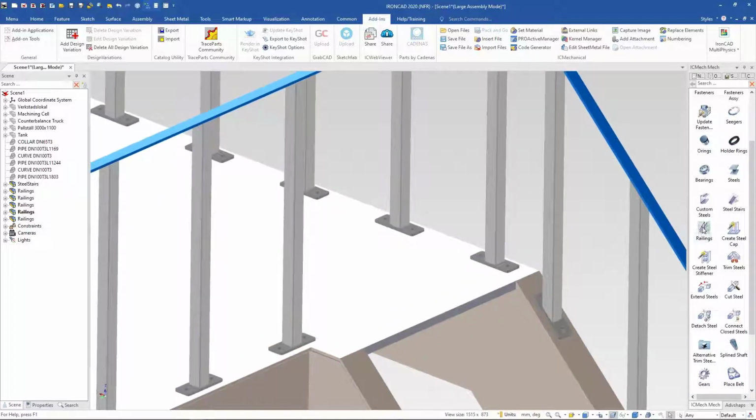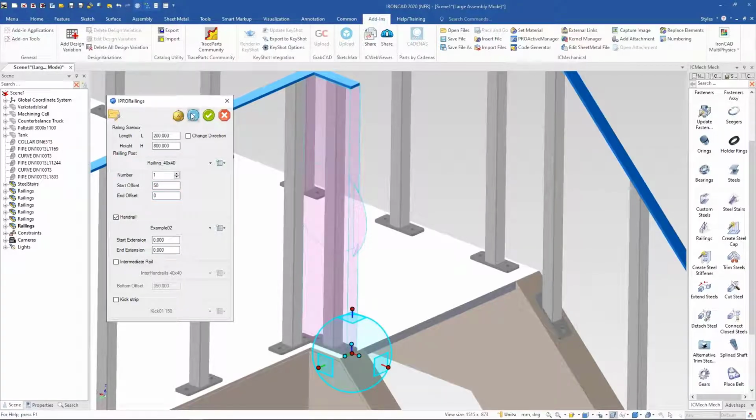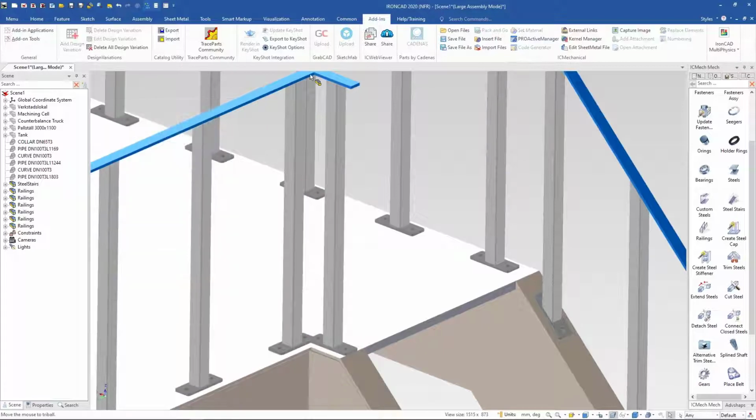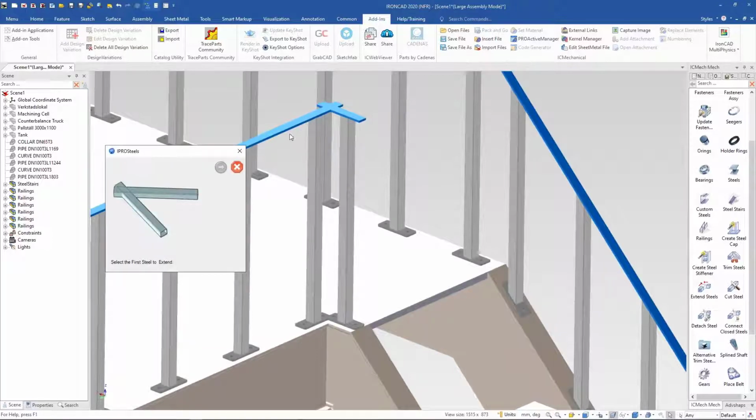So, last thing, we're almost done. We have a tiny little rail here, which is interesting. And this shows the real power. I just want one. And give me a 50 start and nothing here. This is a tiny little rail. And you know what? I can check it before I go anywhere. Check to see what I've done. There's a simple little rail right there. Perfect. Shows me exactly what I want it to do. And that's kind of neat, as you can see, these two. It's a very clever little